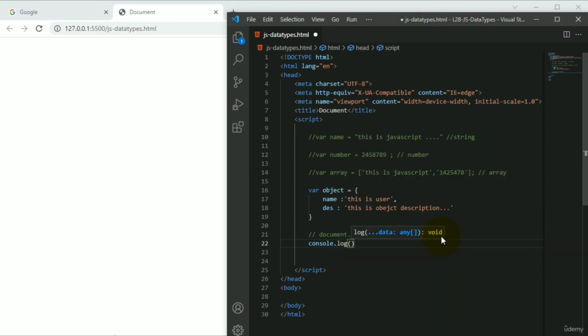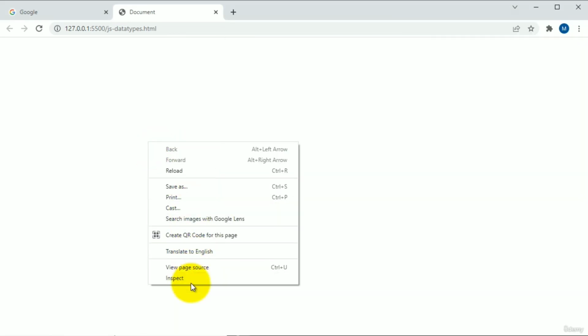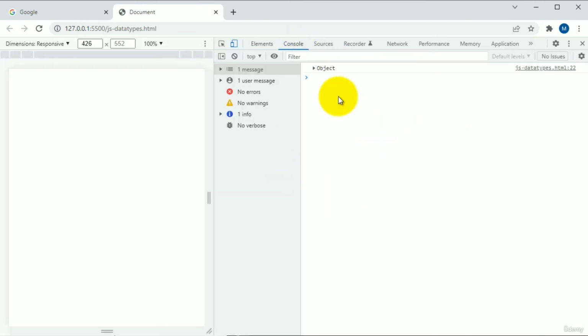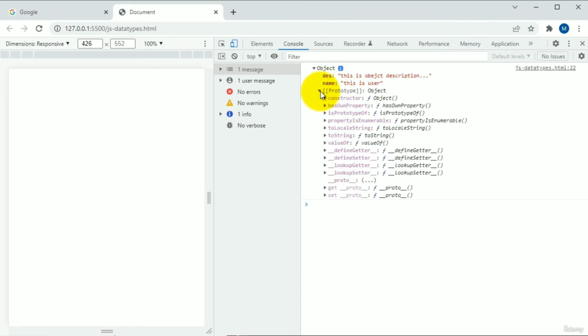After that, what I will do is, I will use console.log. Here you can see we have to define that object variable. So I will define it as object. See here, save this one. We have to see this console: right click, inspect. There you can see the console mode is there. There you can see the object values are there, description is there, name is there, and some other prototype related objects